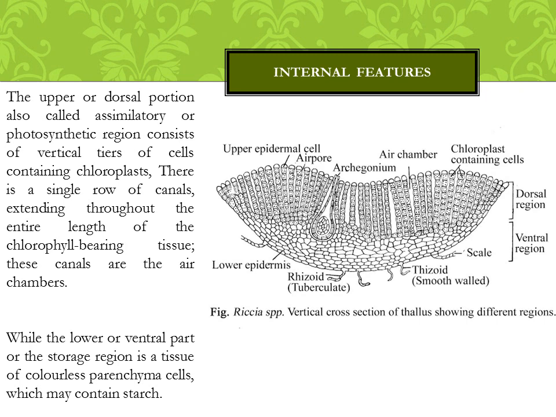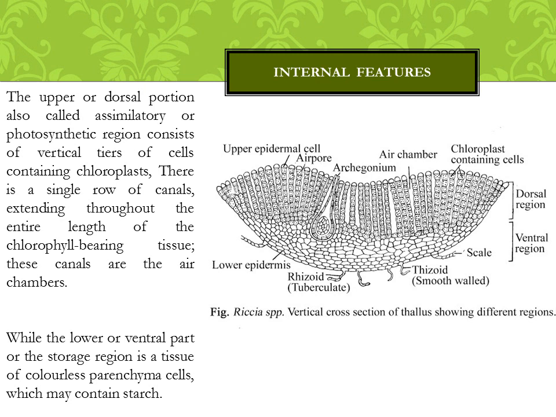As you can see in this diagram of thallus, the upper distinct portion is called the assimilatory region, that is also called the photosynthetic region because of the presence of large number of chloroplasts in it. So in this region photosynthesis occurs, while